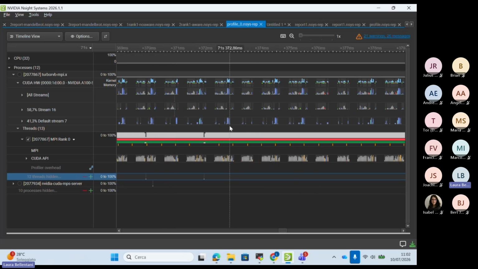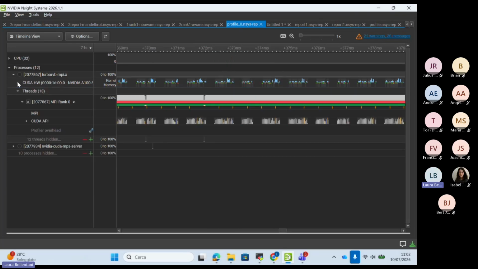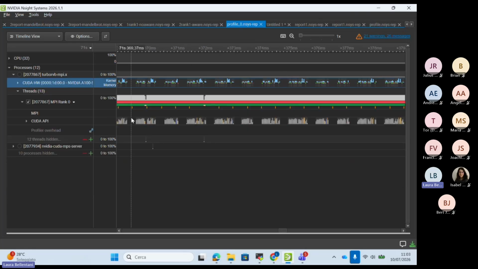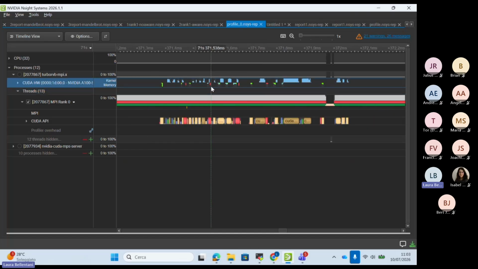As you can see, the code has some gaps in the GPU activity. Sorry, this is a bit confusing, because if you open it, some information is replicated and it might become confusing. Let's have a single CUDA hardware. You can see that basically we have some activity on the GPU, which is a bit sparse. There are some gaps. There is some data movement, which is eventually comparable with the time spent in